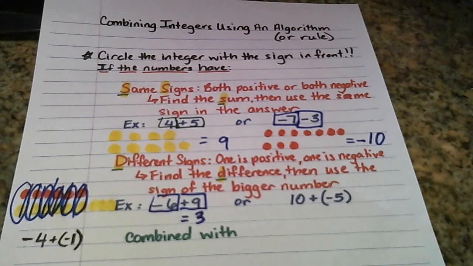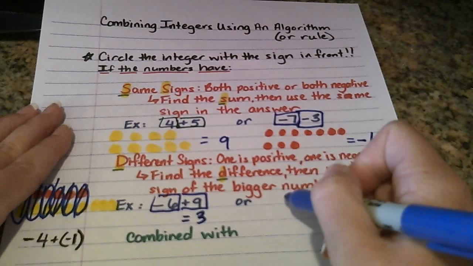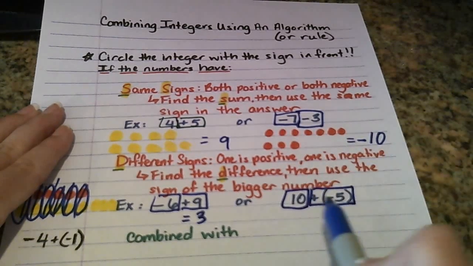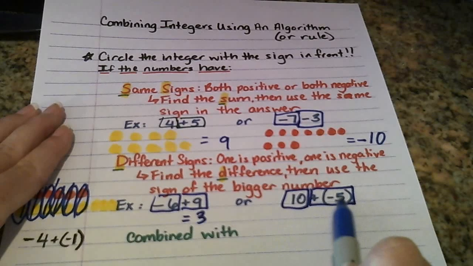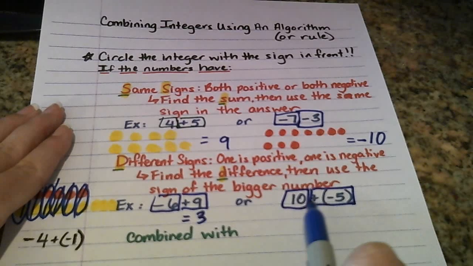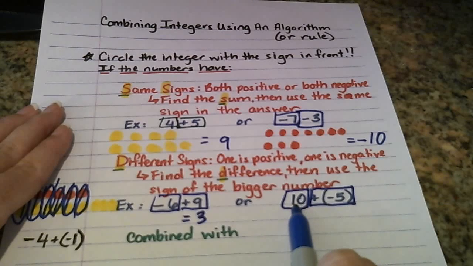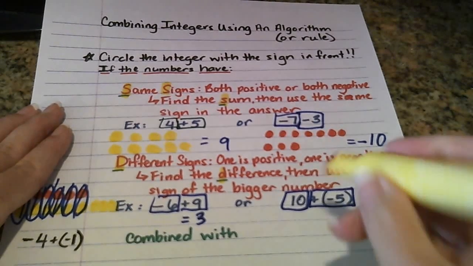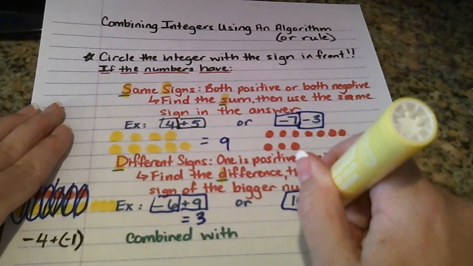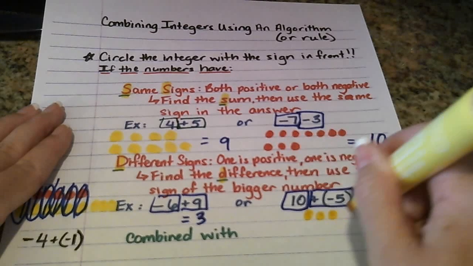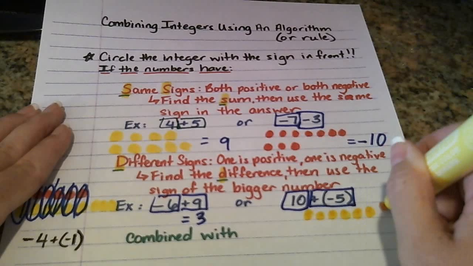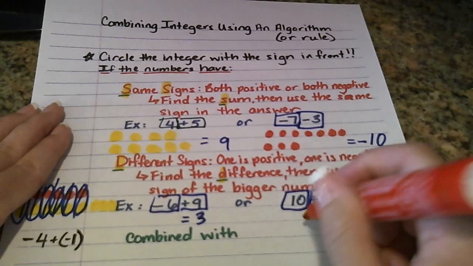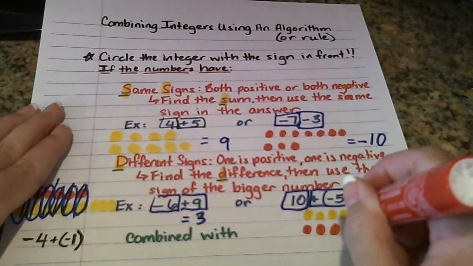The next one goes along with the same rule. We've got a positive 10, and then that plus means you're just combining these two numbers, so it doesn't really change much here. You're combining a positive 10 with a negative 5. So what that means with colored tiles or chips, you've got 10 positive chips combined with